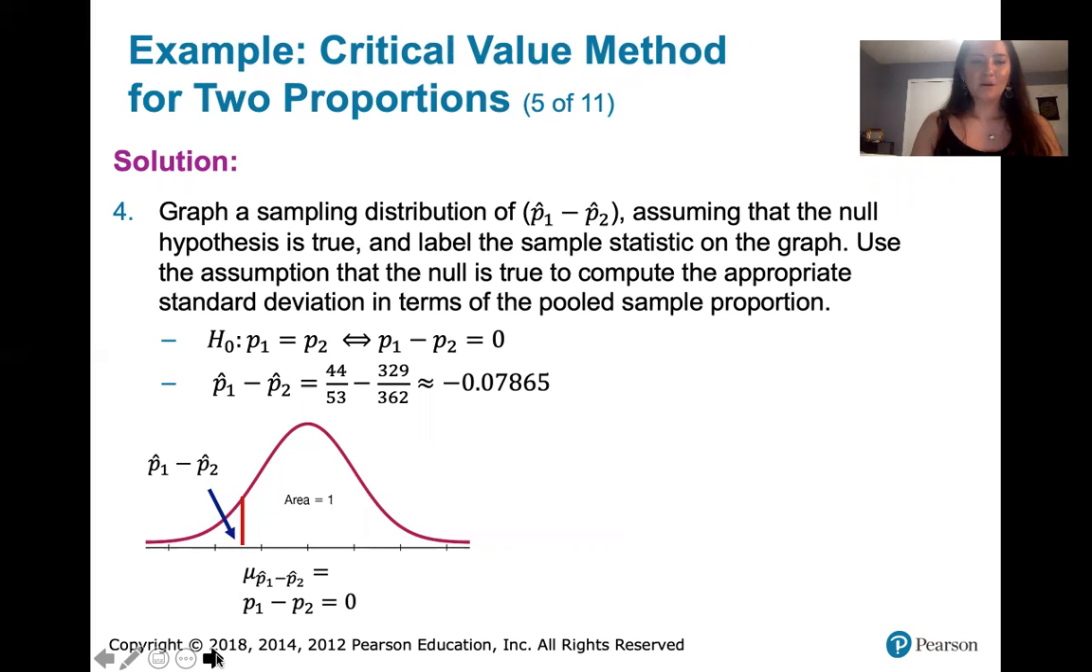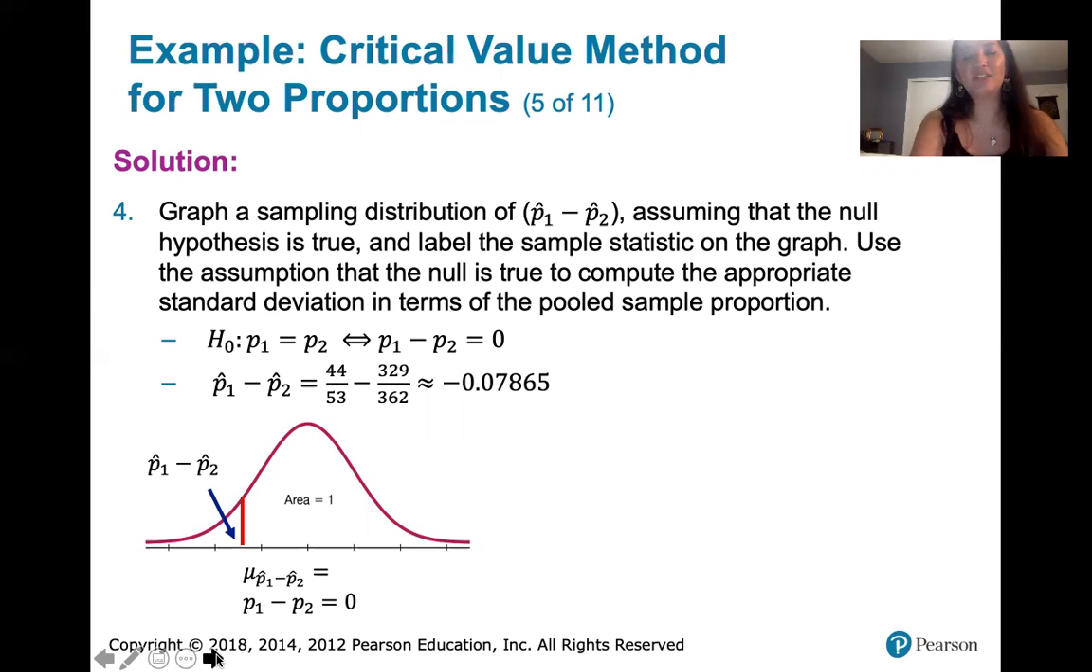Okay, so I'm graphing a distribution of P1 hat minus P2 hat. Well, if P1 hat and P2 hat both have normal distributions, then P1 hat minus P2 hat will still have a normal distribution. Now, if we're assuming that the null hypothesis is true, what that's telling us is that the mean of P1 hat minus P2 hat, which is equal to P1 minus P2, the difference between those true population proportions,